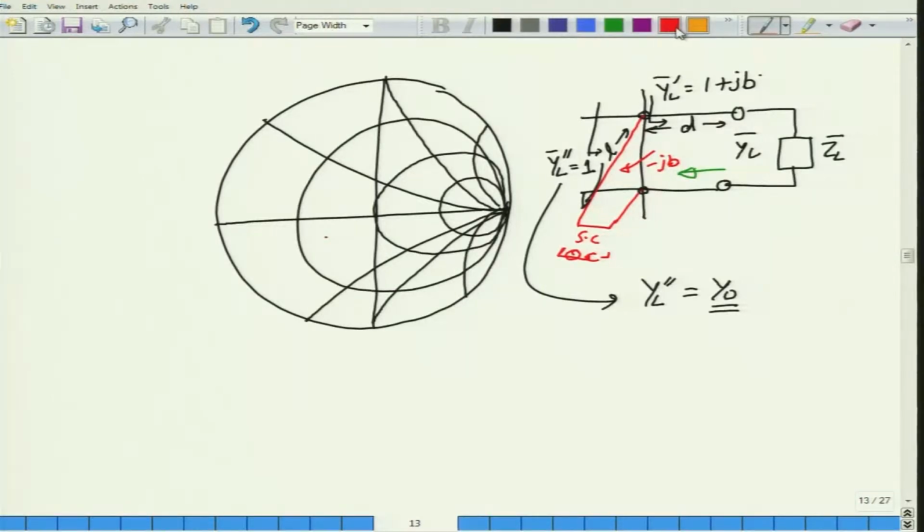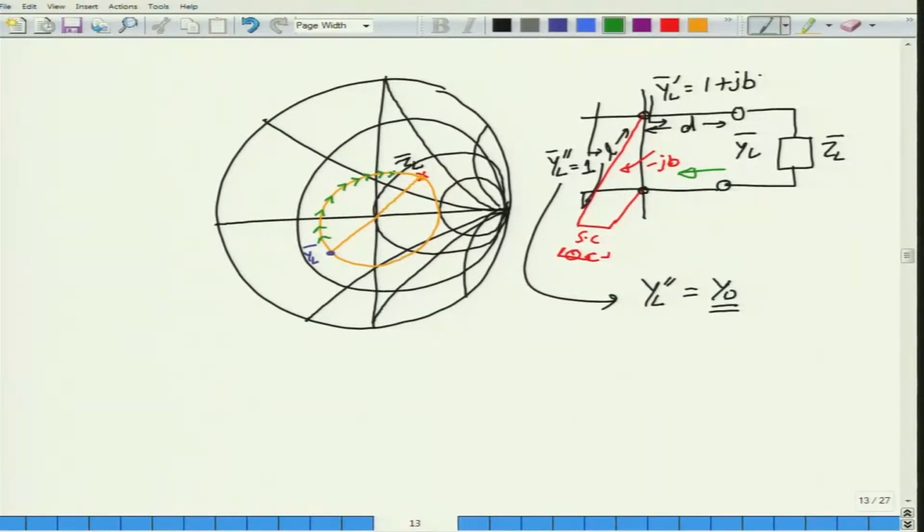We start again with a load here and then correspondingly draw the SWR circle. It does not matter what the load value is, we will give you the numbers later for you to practice, but start with the SWR circle. You can clearly see that this is the circle that I have drawn, and from there locate the diametrically opposite point which will give you the admittance. So this is your admittance YL bar, and this is the point where you started off with the load ZL bar. After you have come to the admittance, you start moving towards the generator, that is you keep moving away from the load.